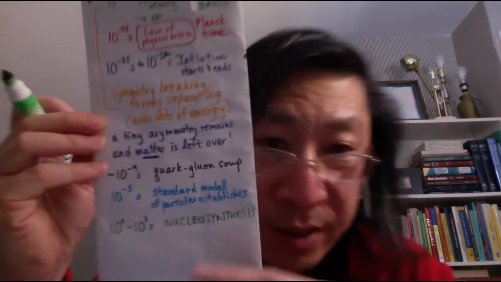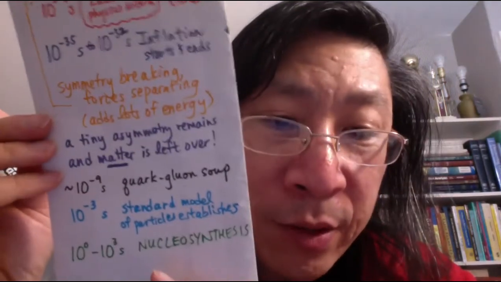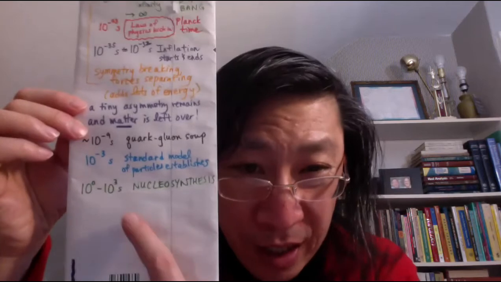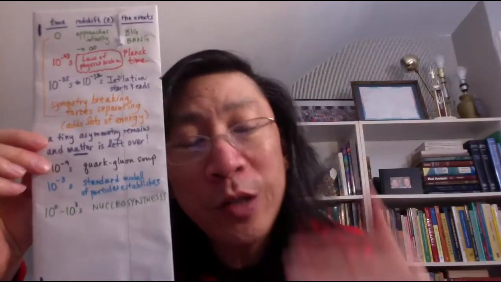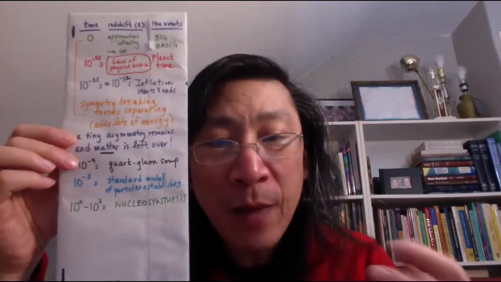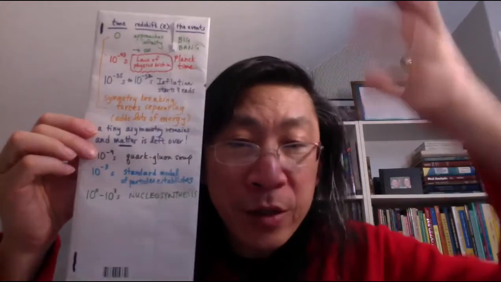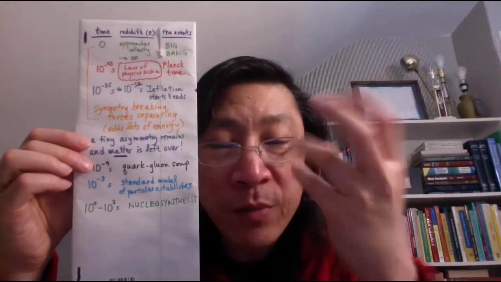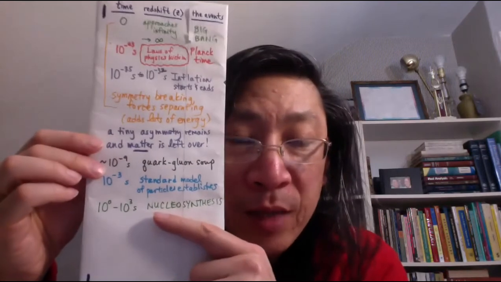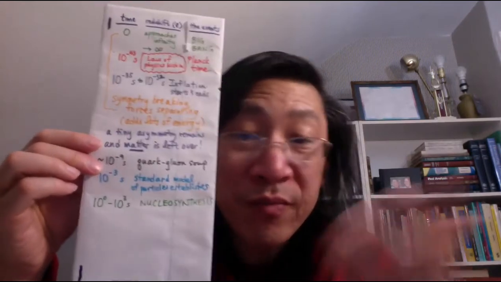Right, that 10 to the 0 means 1, and 10 to the 3 is 1,000, right? 1,000 seconds is about 17 minutes. So that's sort of the upper limit of what's happening. By the time we get to 17 minutes, really by the time we get to about 10 minutes, the temperature of the universe has dropped too low for nucleosynthesis to happen. The density of the universe has dropped too low for all those subatomic particles to be able to come together and make atomic nuclei. Okay, so that's too bad.